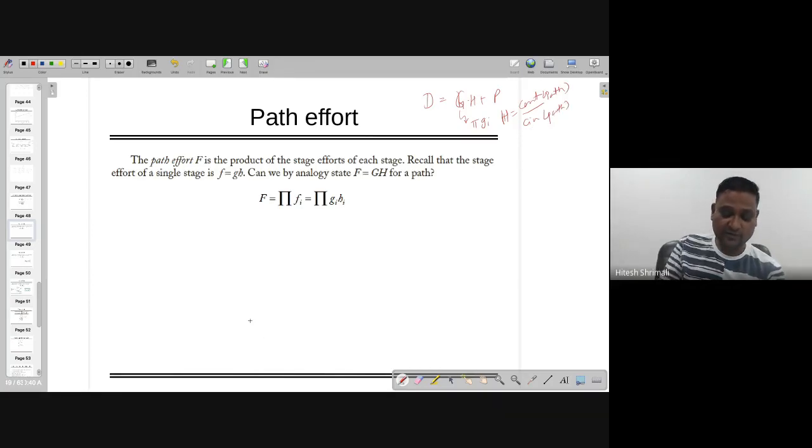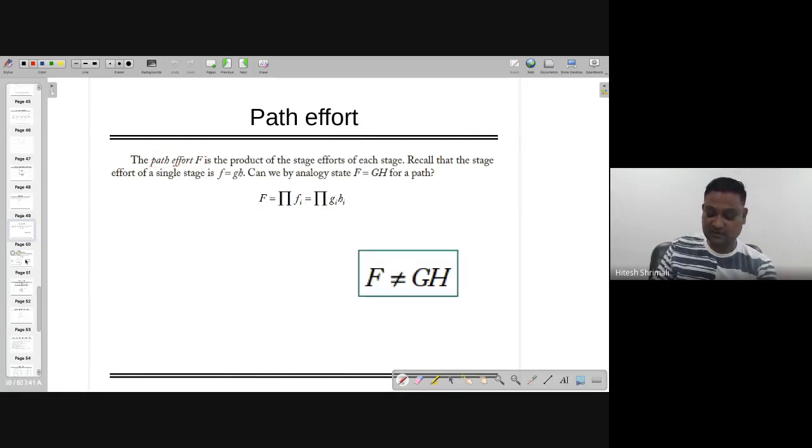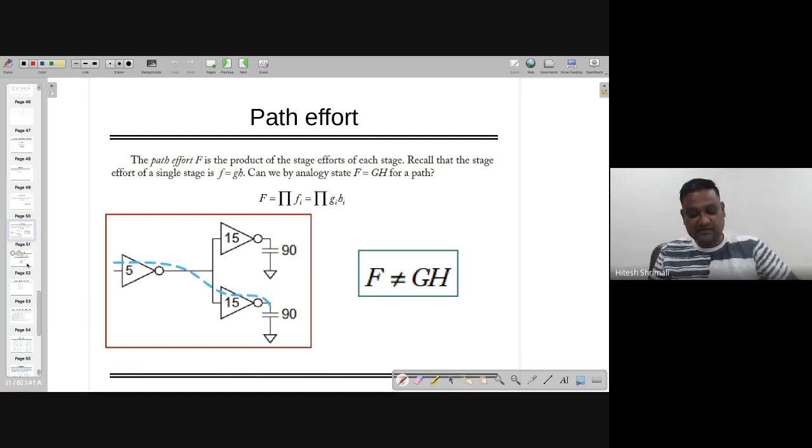So now the path effort. Earlier it was stage effort with the small f, but now on a complete path you may have many stages, all of them combining with multiplication. I'm going to call it the path effort, which is the product of the stage efforts of each stage. So each stage has to be multiplied by G and H. But unfortunately, this is the golden thing: F is not equal to G times H. The reason is, if such a circuit is given to you,